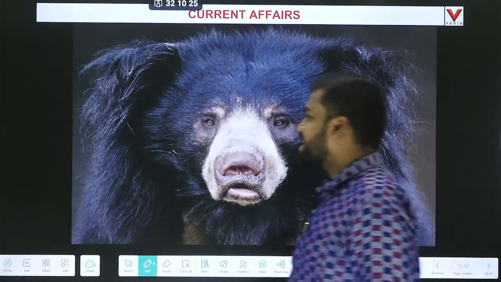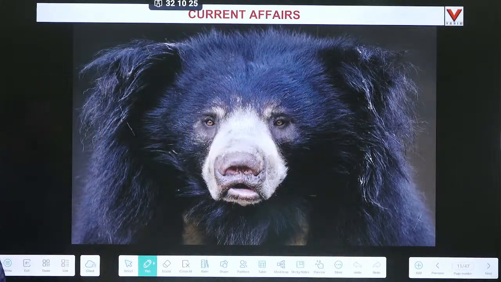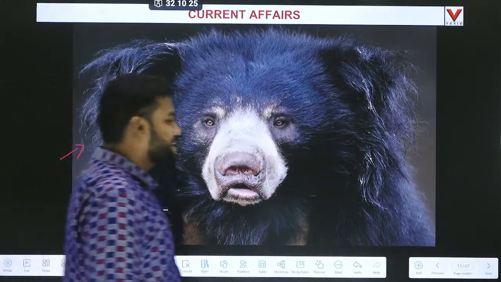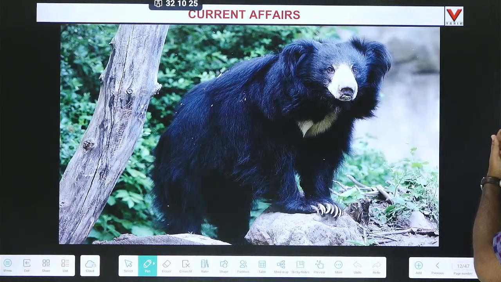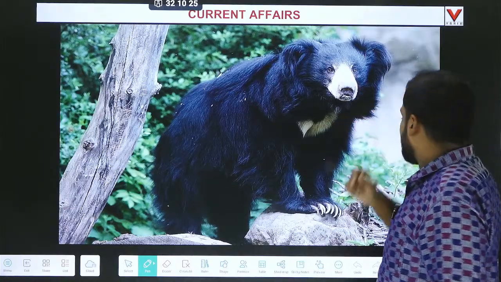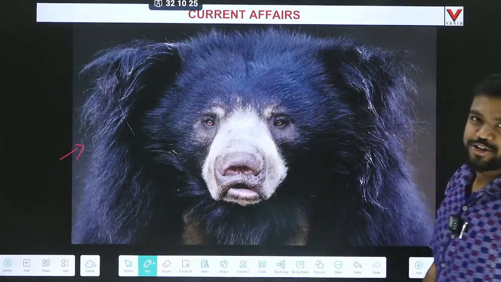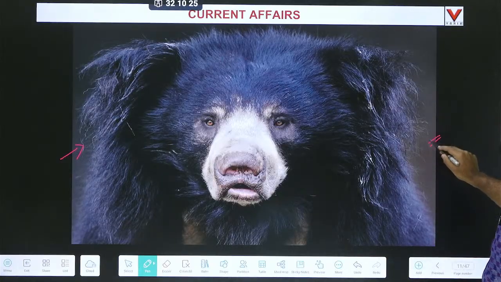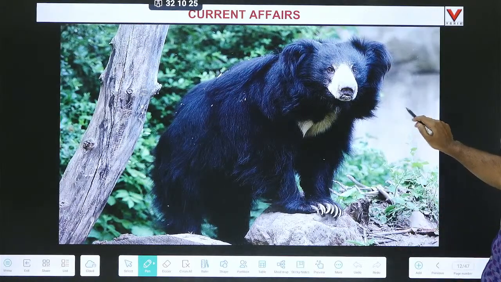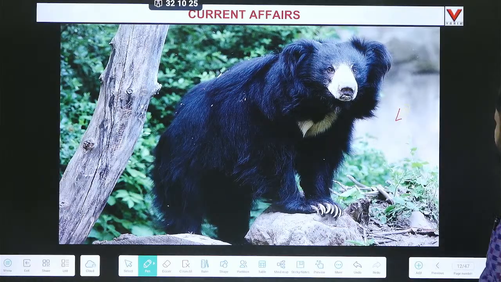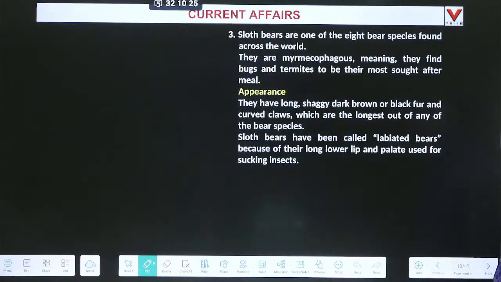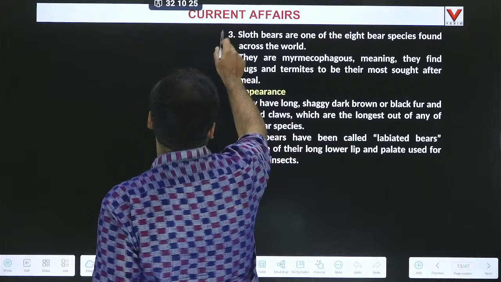This is a sloth bear. There is a larger picture of this also. The previous one is the profile picture of the sloth bear. If a sloth bear made a WhatsApp account, the DP of the sloth bear would be like this. But if the sloth bear goes on vacation and takes a picture of themselves, then the sloth bear will look like this. That's the details about the sloth bear.